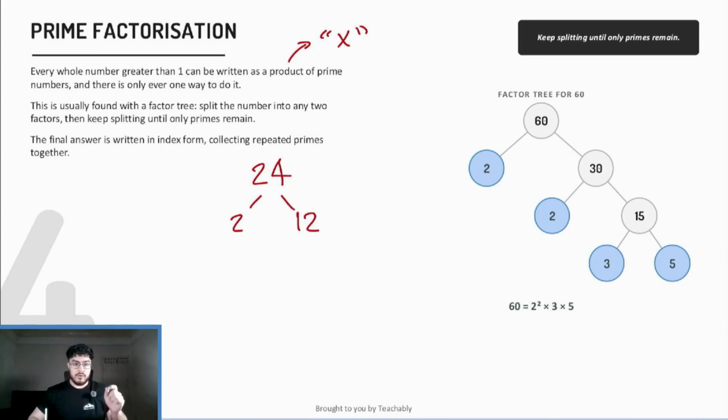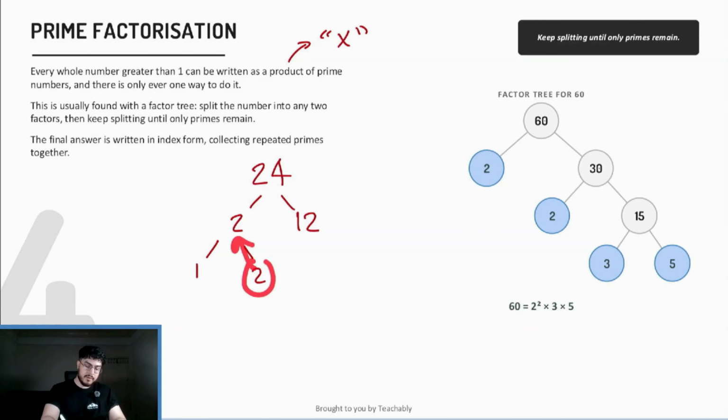Now, at this stage, we want to circle every single prime number, because a prime number can't be split any other way than 1 and itself. In this case, it's 1 and 2. We don't want to keep going because it's redundant, it's just wasted work, because we're getting a 2 repeated there. So I'm going to circle a prime number, and in this case 2 is a prime number here. 12 is not a prime number because we can break it down into other things besides 1 and itself. 12 can be broken down into